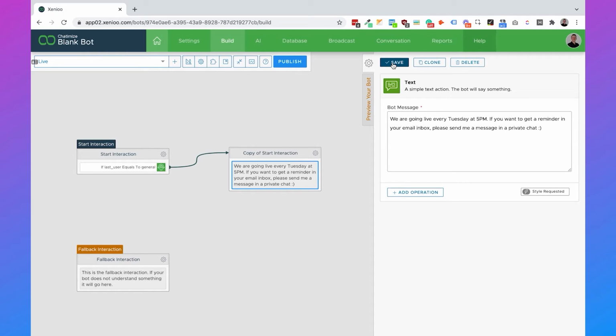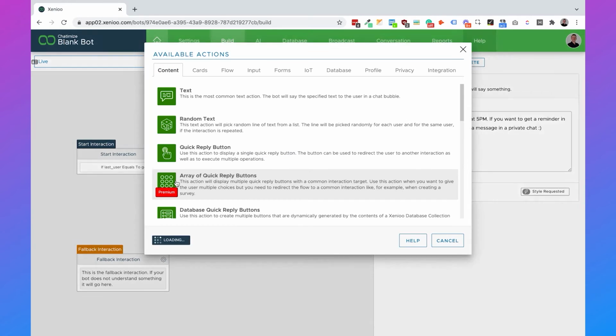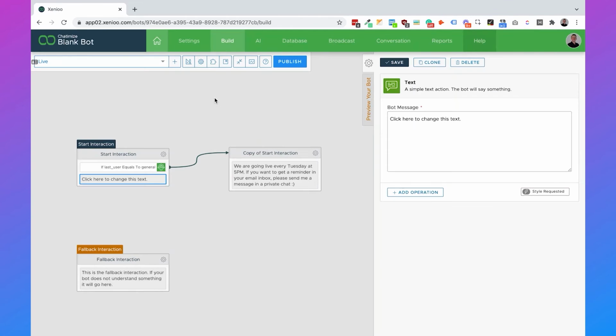Then we can ask for the email of the user. So what we then do is we add a new action here, which will be a text. And then we say, we are going live every Tuesday at 5 p.m. Would you like to get a reminder in your email inbox? And then we can say, just simply reply with yes or no. And then we can add a nice icon